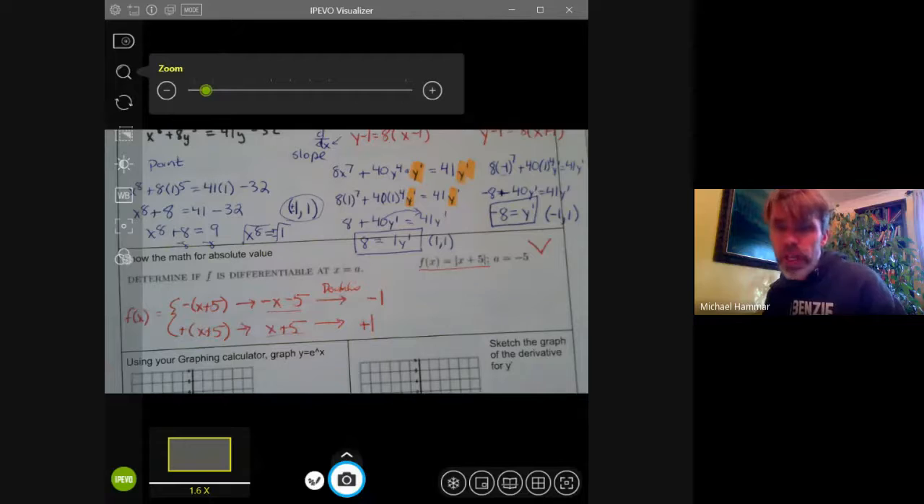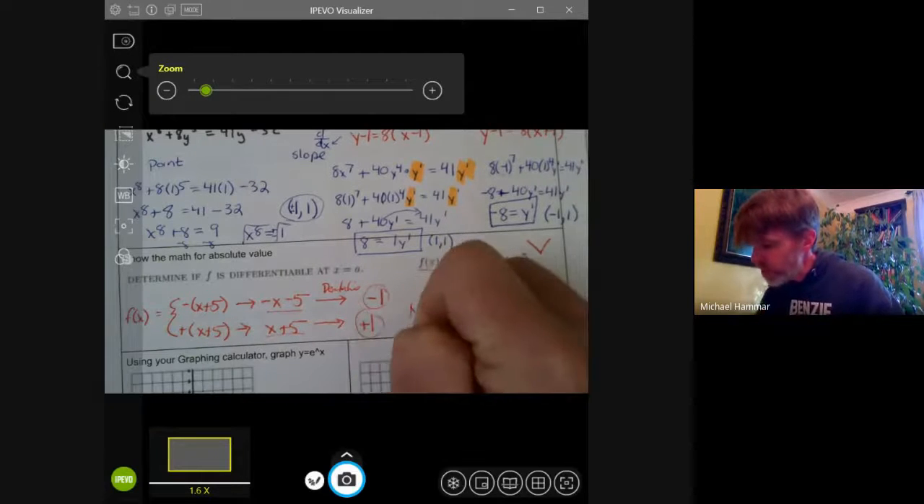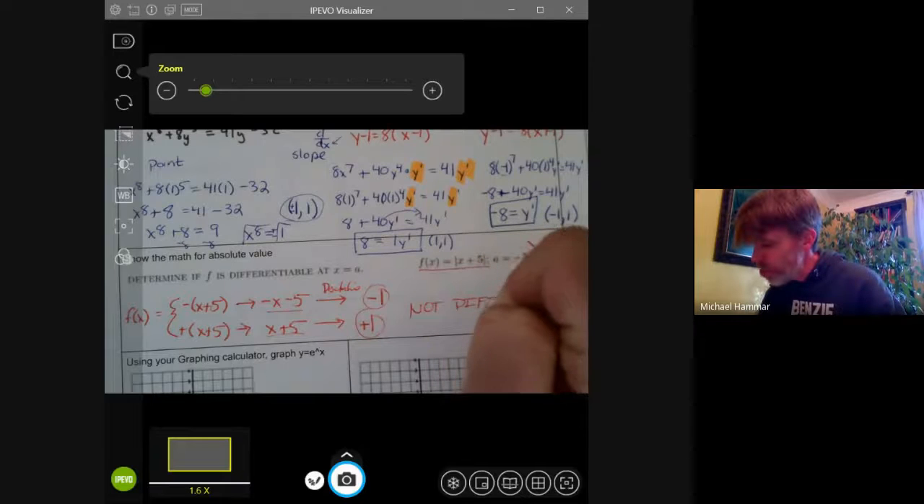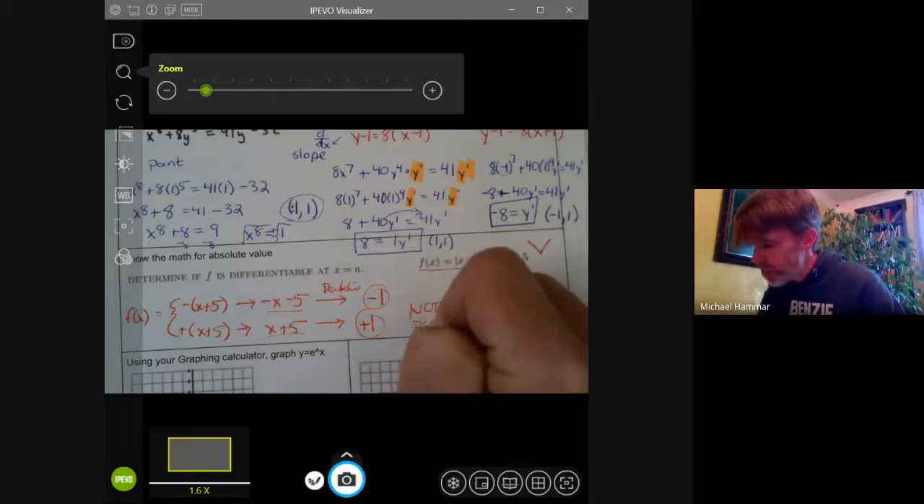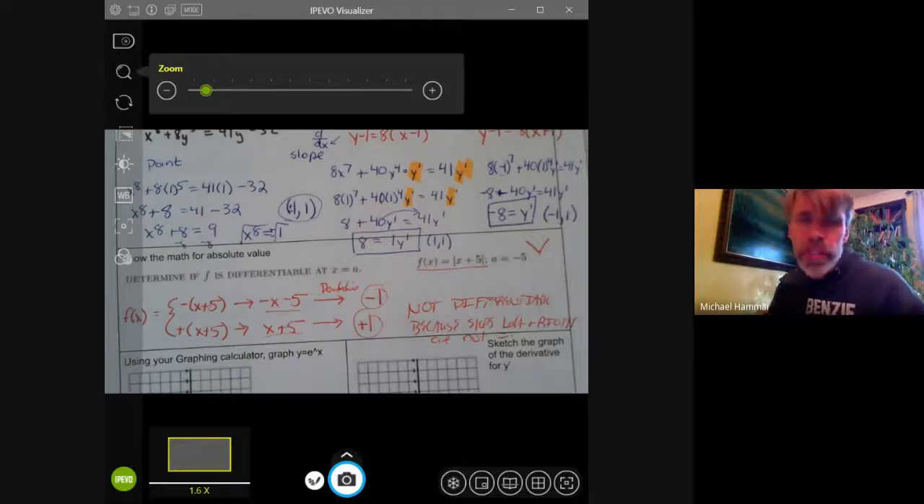So when we look at this at x equals negative 5, we'll notice that the two slopes are different. So this is not differentiable, and you would say because the slopes from the left and right are not equal. But the trick here is making sure that you think of this equation as a piecewise function, the negative and the positive of it. Okay, so now